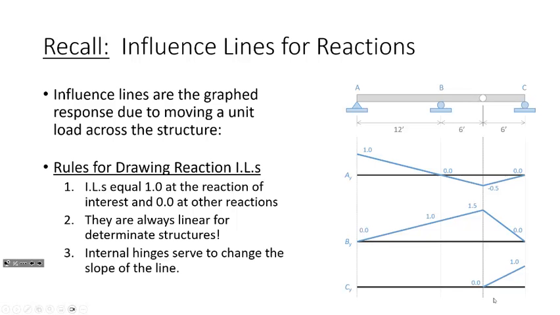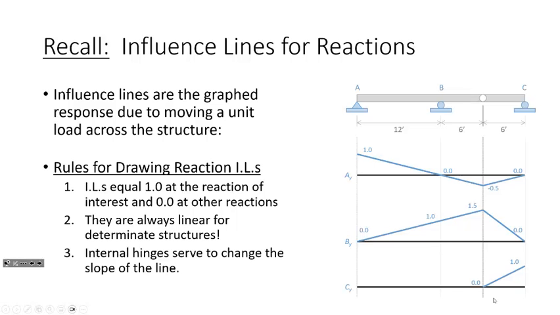We also know that if we're dealing with statically determinate structures, influence lines are lines, okay? No curves, no anything like that, okay? And then the third thing is that hinges serve to change the direction. But then there is actually a fourth rule, which I don't have drawn here on the screen, which is that